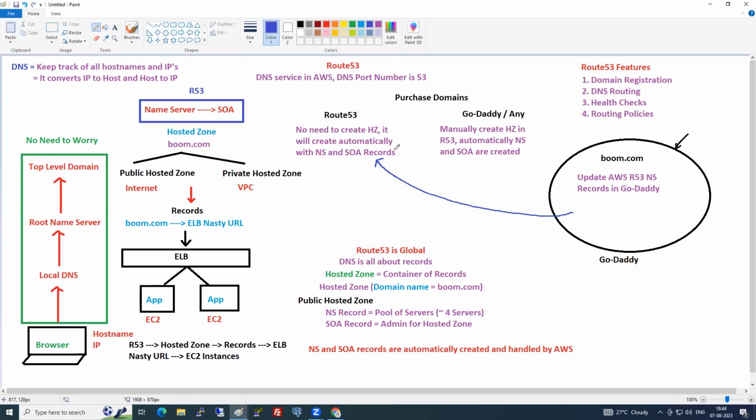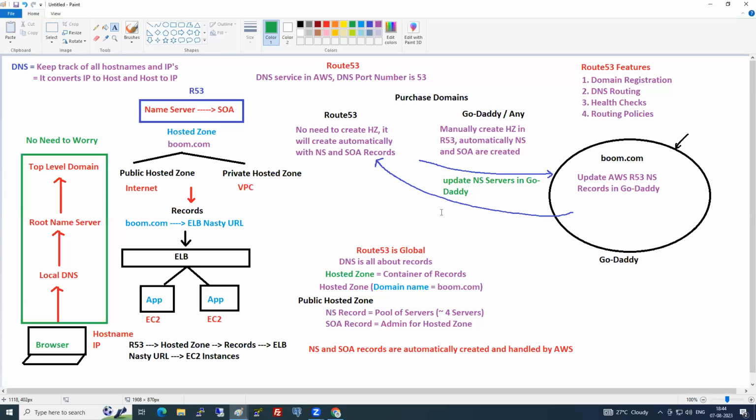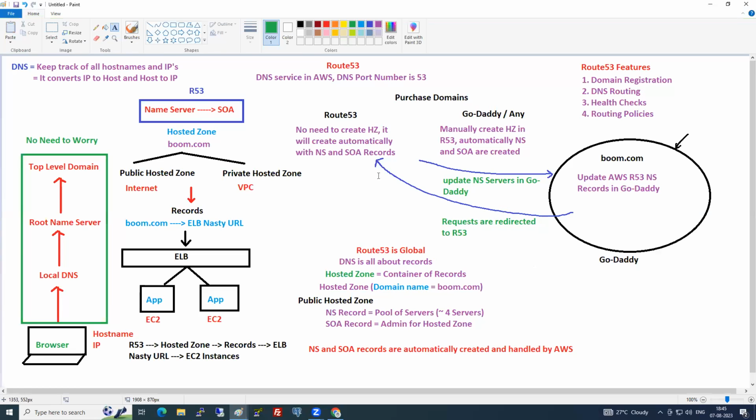So first you need to update the NS servers in GoDaddy, and then requests are redirected to Route 53. Now, is this clear?